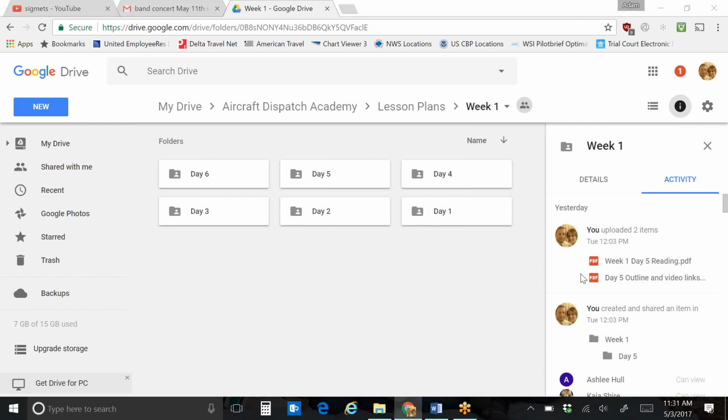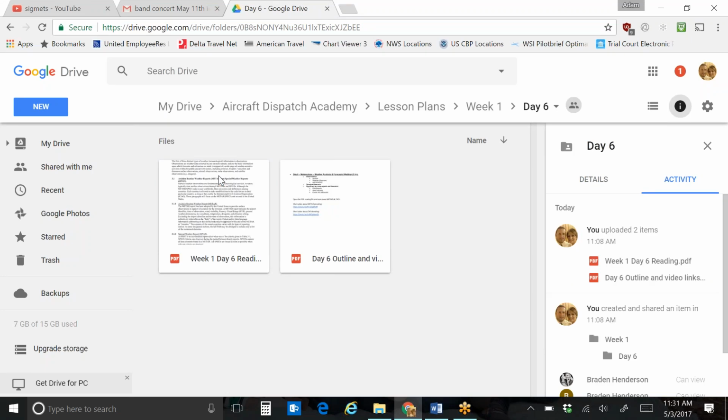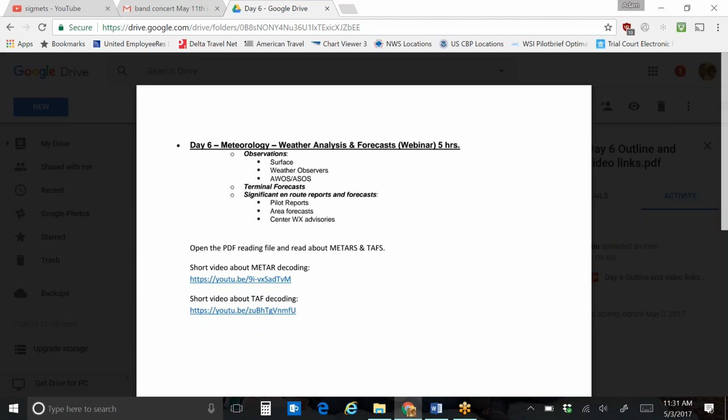Today's stuff is basically just an introduction into weather reports. Bring up the outline here. So basically we're talking about METARs and TAFs, just surface observations. Now, as far as what you see on here today,